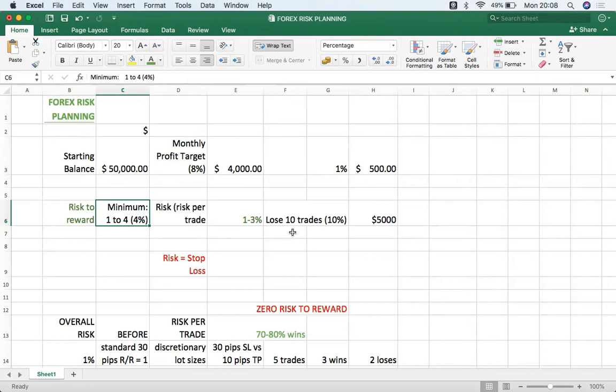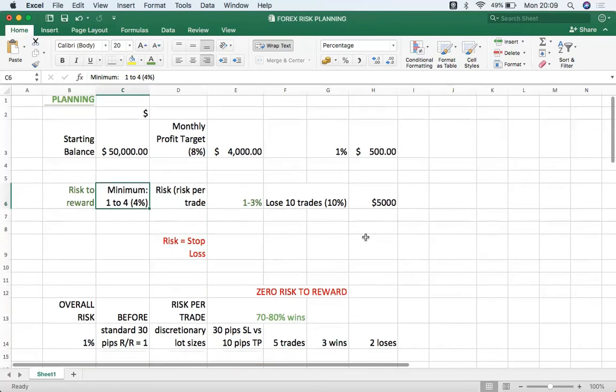But think about it: if you lose 10 trades, you're down 5K. But 5K is not 3% of your account. Does that make sense? So you're in serious drawdown on your 50K account. This is just an example where you lose 10 trades and you're down 5K because you're risking 1% of your account. I don't know if this is making sense. If you're risking 1% of your account and that's how you're understanding risk in your trading, then every trade you're targeting to lose $500. That means if you lose 10 trades, you're really 5K down, and this is not easy to recover from.